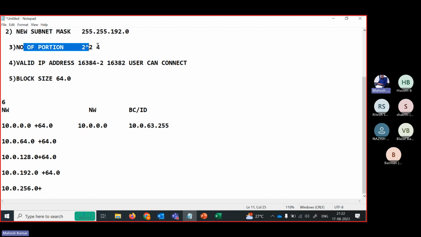Number of portions is equal to 4, right? So how many networks did we find in total? We found the first network, second network, third network, and the fourth network. The fifth network will be invalid because it is 256, correct? So we need to do this, and after that